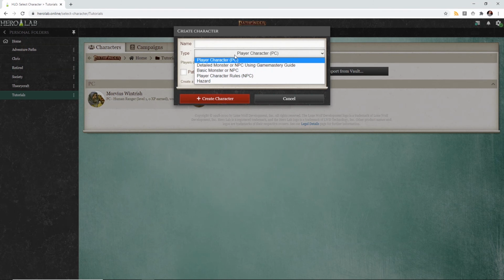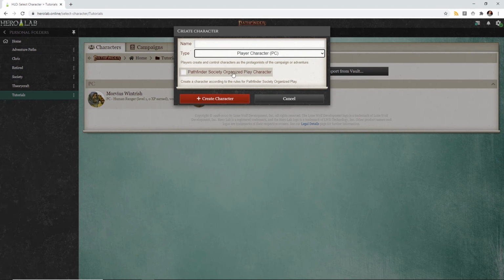There's a lot of different options here, but generally speaking, I only ever really create player characters here. I'm not really GMing a whole heck of a lot. The other aspect that's potentially important for you is whether this is a Pathfinder Society organized play character. So checking this little checkbox will indicate that, and that changes a couple things in the screens. For all intents and purposes, though, I'm going to create a